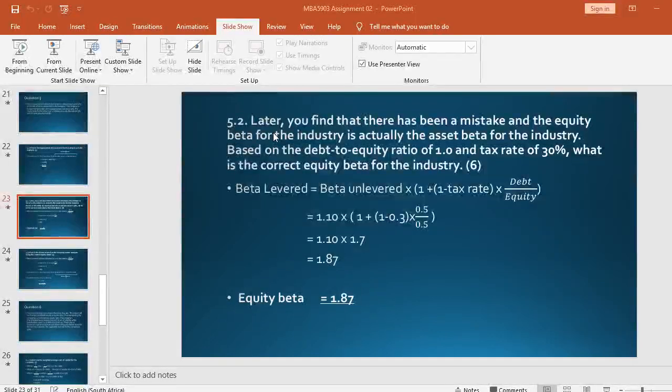So this is what I want you to do, so that when you go back and make references, this will be easy for you to understand. Where I have put beta levered there, you are also going to write it the same. You say beta levered, but in bracket you write equity beta, so that you know that it's one and the same thing. So beta levered, bracket, equity beta